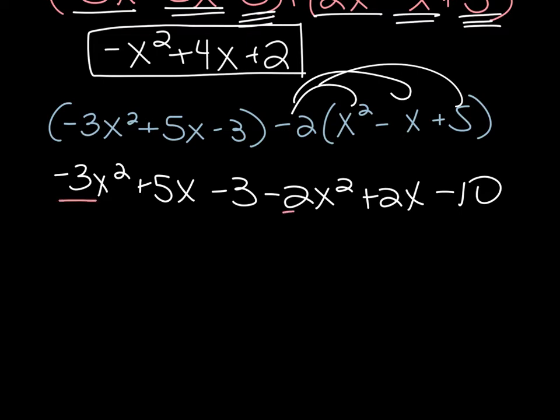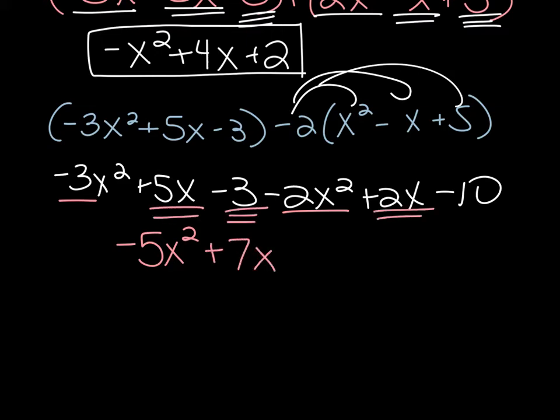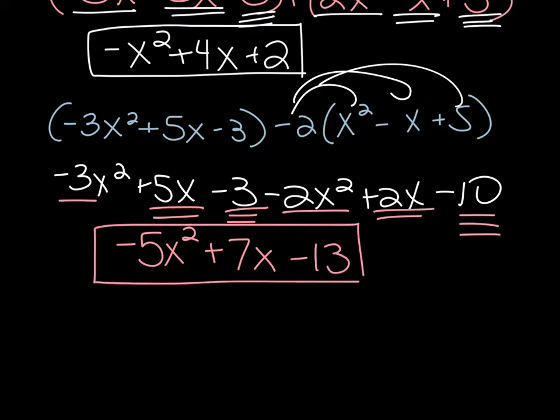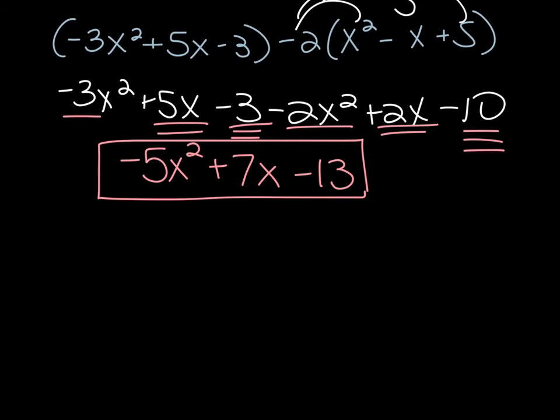So negative 3x squared and negative 2x squared is negative 5x squared. Positive 5x and positive 2x is positive 7x, and negative 3 and negative 10 is negative 13. Questions on those? And then we add like